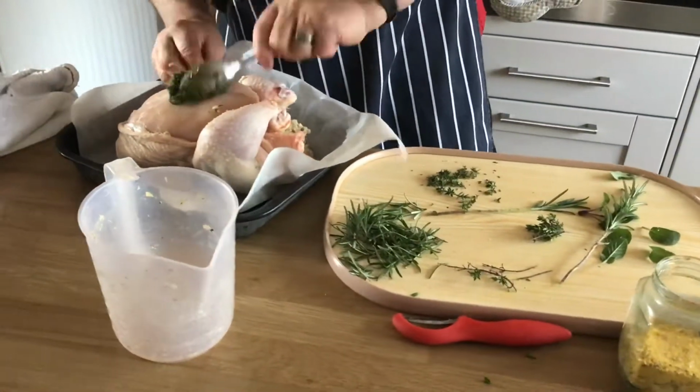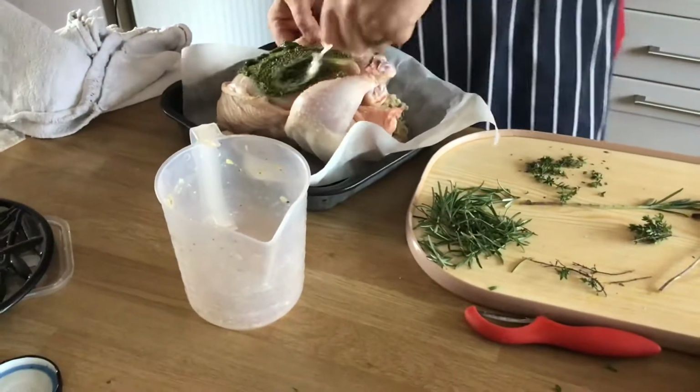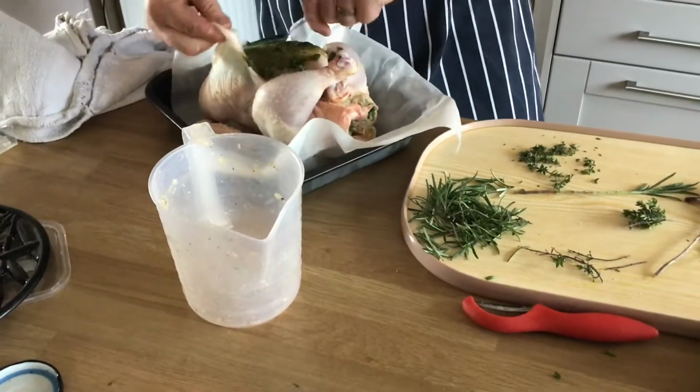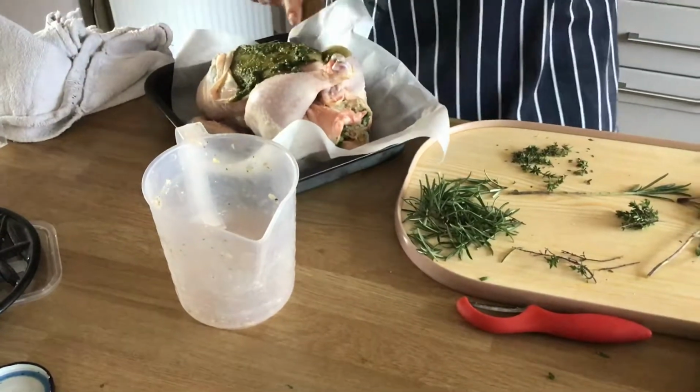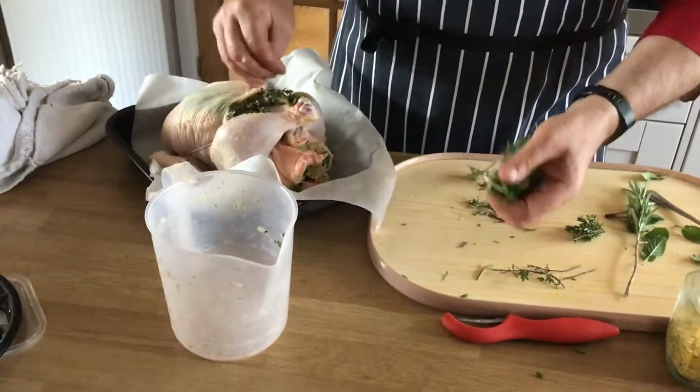spread it over. So this is mainly basil. You obviously normally put pine nuts and oil and parmesan in it, but where I'm making it myself and I have an excess of basil, it's mainly just basil and oil. I do put some other stuff in it, sometimes chillies, sometimes when I grow them as well. I'm going to put the thyme over the top, loads of this over the top,